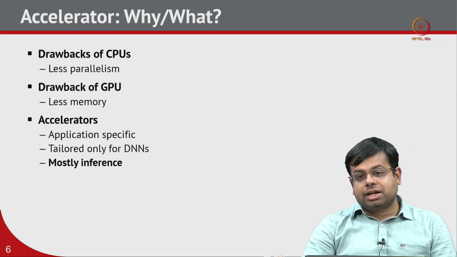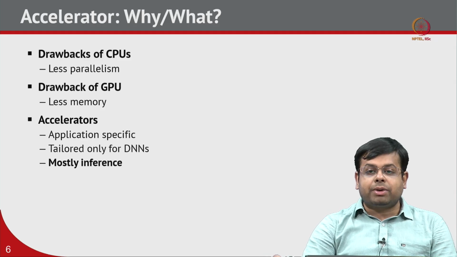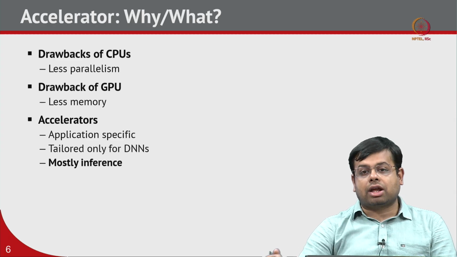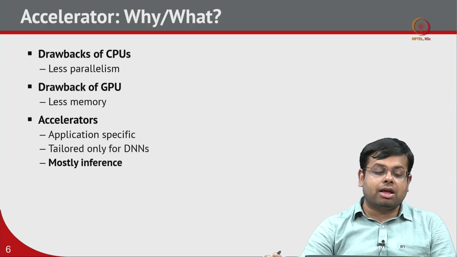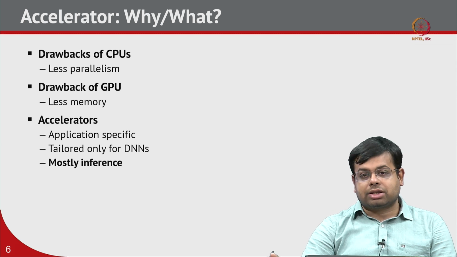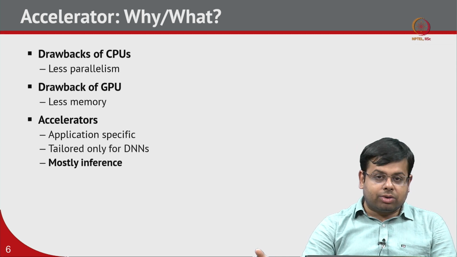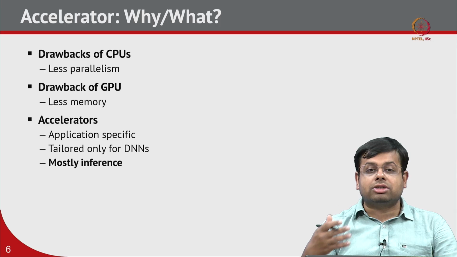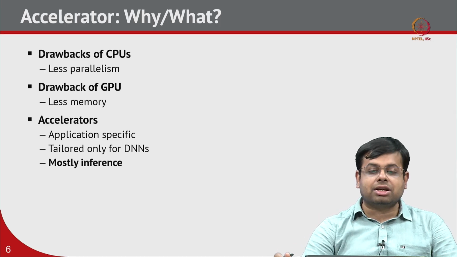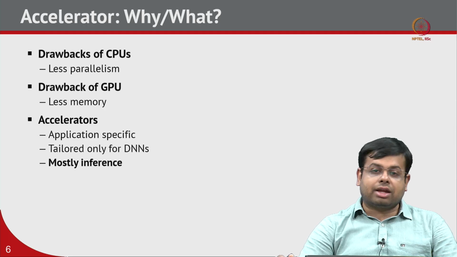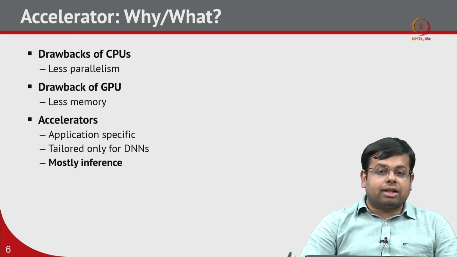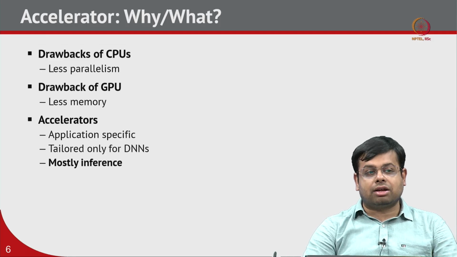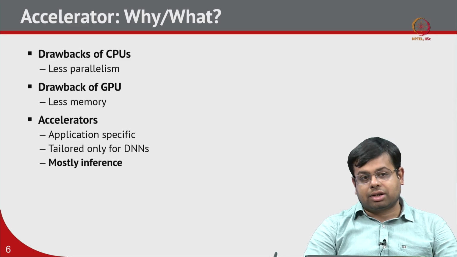And that is why these accelerators came into the picture, which are application specific. When we talk about an accelerator, it can only execute one specific application. It cannot execute general applications the way a CPU or GPU can probably execute any general application, but when we discuss accelerators, you will see that they can execute specific applications. Now, in this context, the accelerators we will discuss can only execute DNN algorithms, right. And on top of that, we will see that they are mostly for inference. Of course, there are some training accelerators, but most of the accelerators being proposed are for inference,